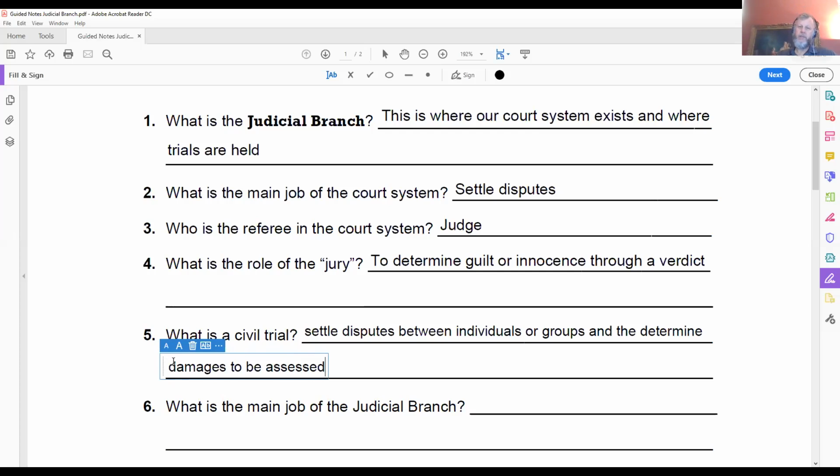All right, so let's go back to O.J. Simpson. Yesterday, when you guys sent in the exit tickets, I had several people say O.J. Simpson was an example of a criminal case, and that is correct. But O.J. Simpson was also an example of a civil case. He was found innocent of murdering his wife, but when they sued him civilly, the parents of the wife and O.J. Simpson's children sued O.J. Simpson and won, saying that the evidence proved that he was a bad dad, basically, in a sense, at the least, if he had not killed his wife. And therefore, millions of dollars was awarded to his children and to the wife's parents, bankrupting O.J. Simpson,